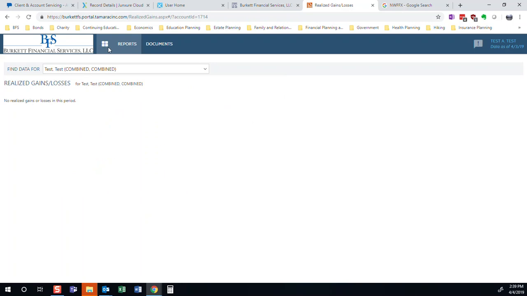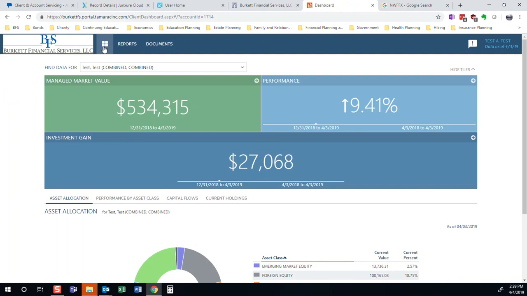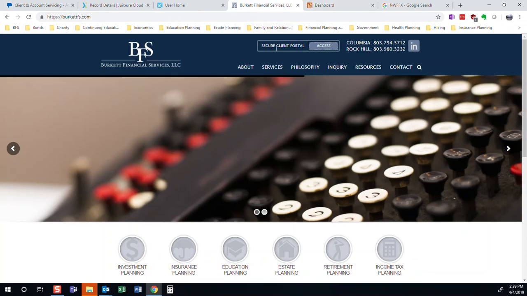We're going to be releasing a phone app as well for Android and Apple. So everything that we see here will also be available in a phone app. So while we may be releasing quarterly reports, you can still have access to this daily. And when a new quarterly report is issued, you'll get an email. It says, please go to your web portal. And again, you may have your web portal favorited, or you can come to it at burkettfs.com and